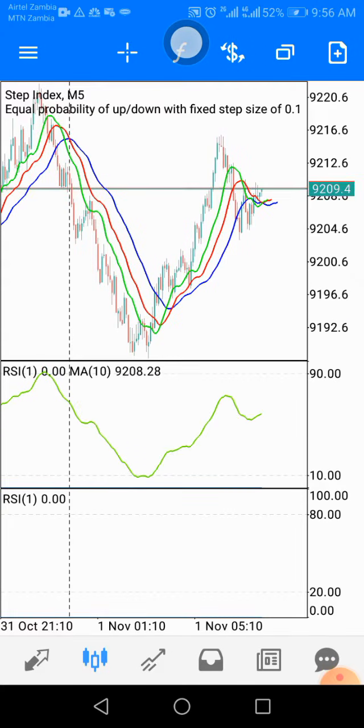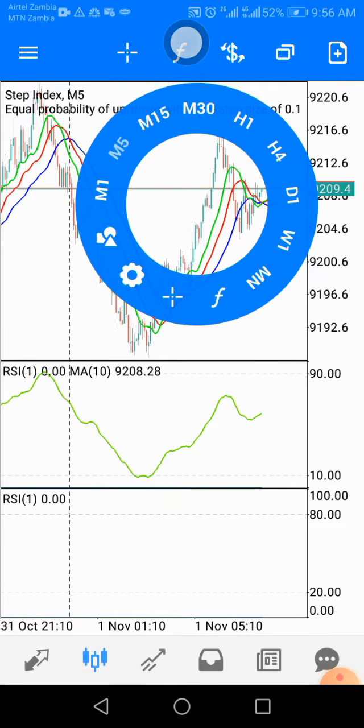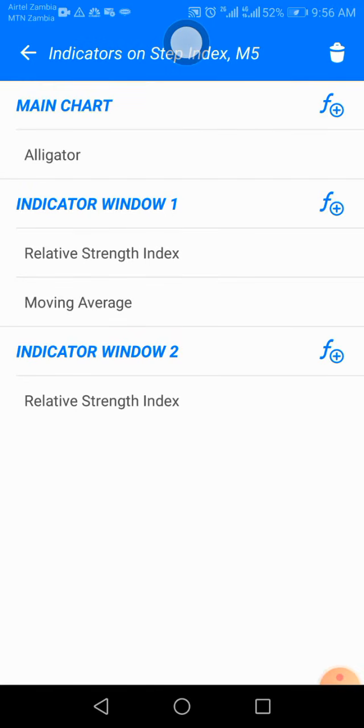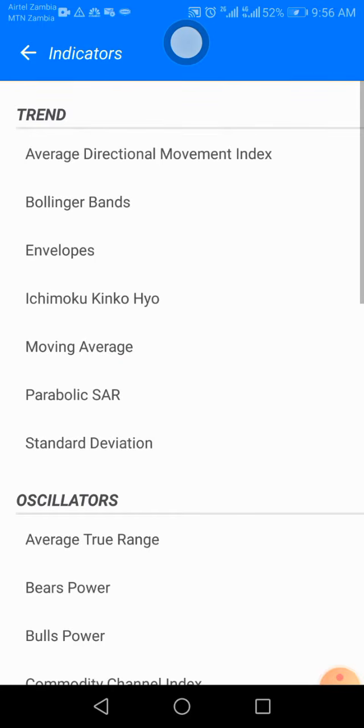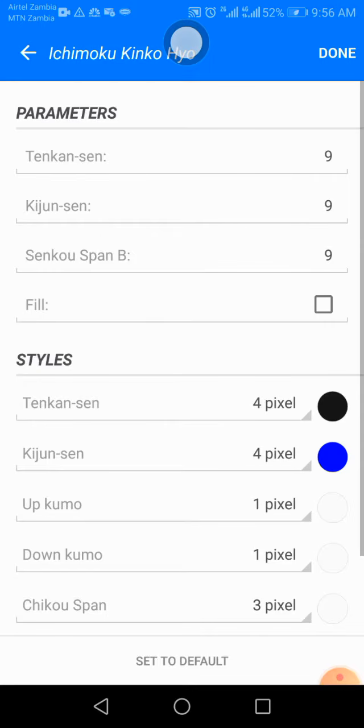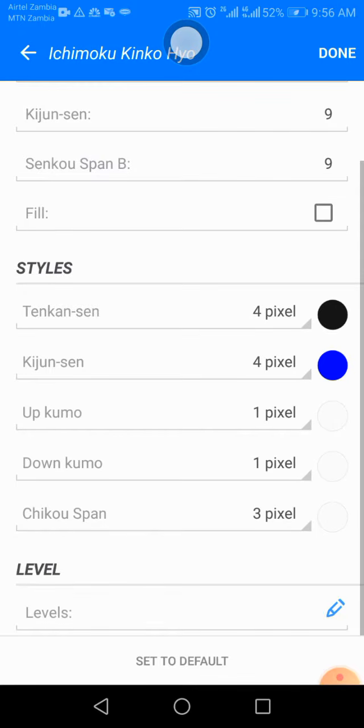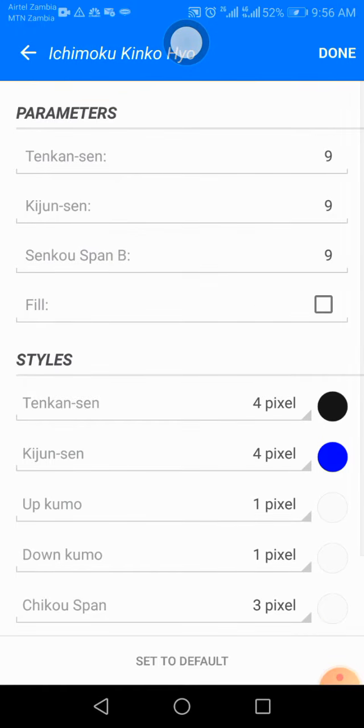As you guys can see it below there, and then we're going to use another indicator that's going to accommodate our recently added indicator. We are going to use the Ichimoku Kinko Hyo. So as you guys can see, in this case,